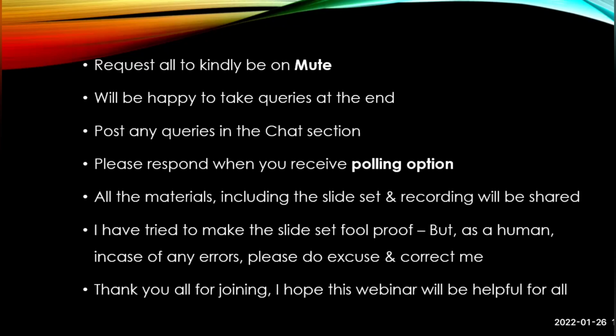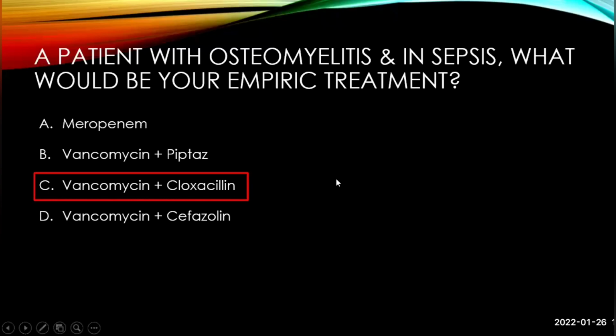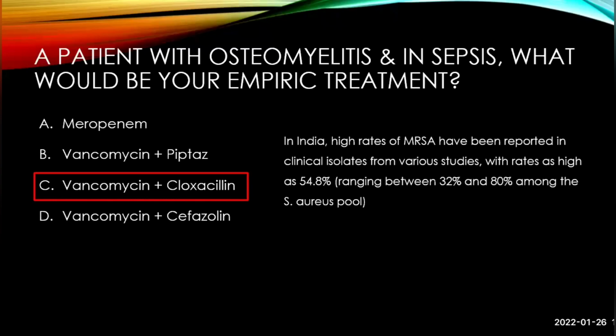So let's get started. First, I have a question. A patient with osteomyelitis and in sepsis, what would be your empiric treatment? We had discussed some part of the Staphylococcus aureus management previously. So I'll be starting the poll now. Vancomycin plus Cloxacillin. As I had discussed before,